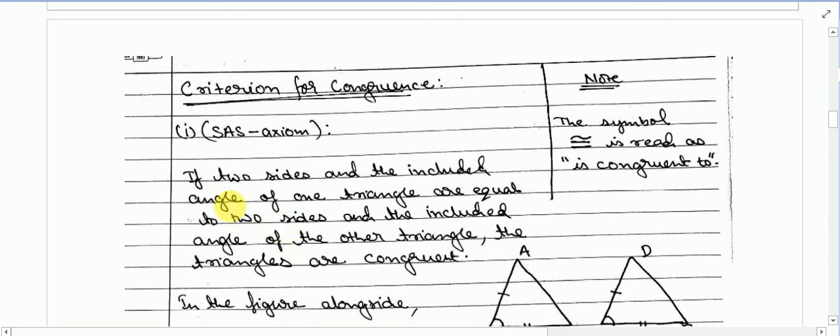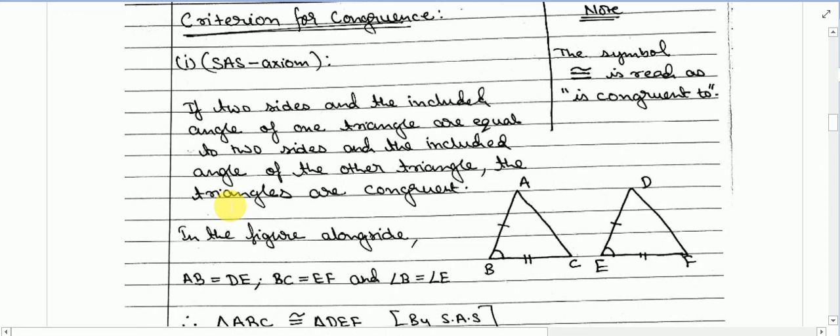Now there are altogether 5 conditions. In order to say that given triangles are congruent, one of the conditions has to be satisfied by those two triangles. Then only we can say the given triangles are congruent. We had discussed this in the previous class also, and you were supposed to write it down in your maths copy. So I will just recall.